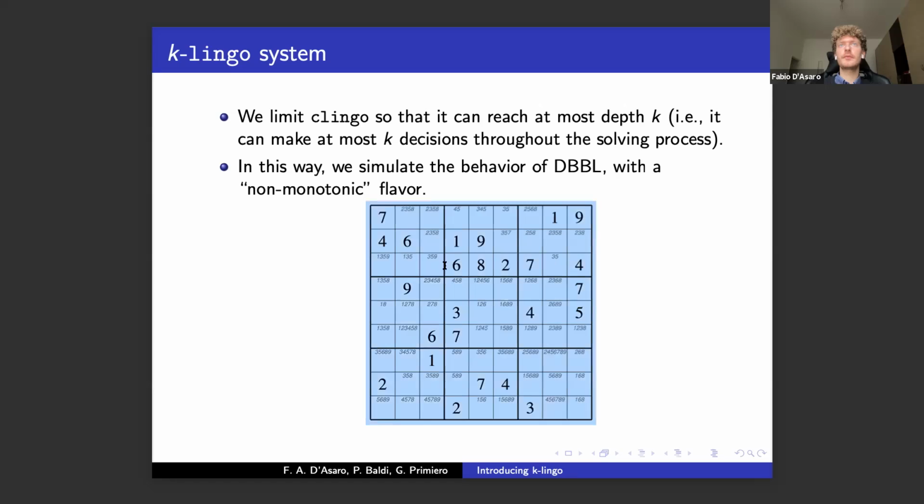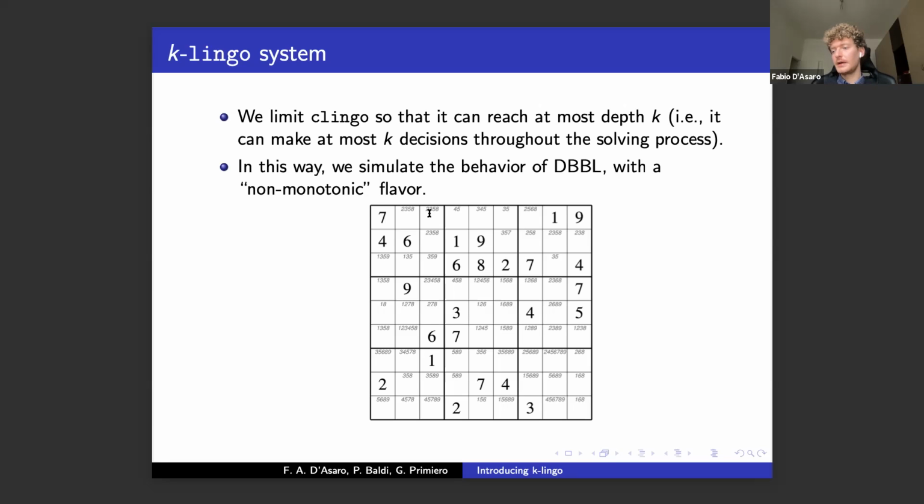We showed that our implementation of clingo that we provided, which we dubbed the k-lingo system, may derive what an agent thinking and reasoning about a Sudoku at zero depth will think are the reasonable options for the values for a given cell